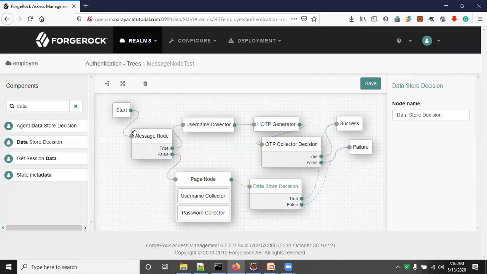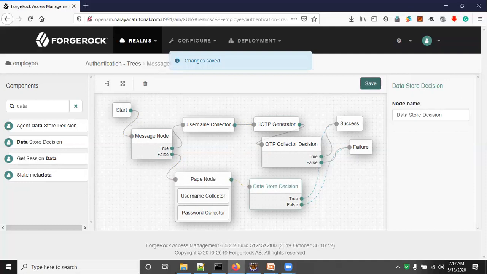So this is similar to what node? Similar to the choice collector node. You can remember that the message node and choice collector are both similar, but internally the way they work is different. The message node asks for a positive answer or negative answer, but the choice collector gives the choice to select. Okay. Now click on the save button.